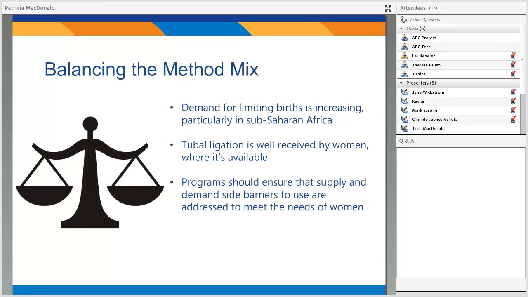Emphasizing the benefits of tubal ligation as a non-hormonal method is also very attractive to clients. And we'll be hearing more about overcoming some of these programmatic barriers as well as some of the successes in